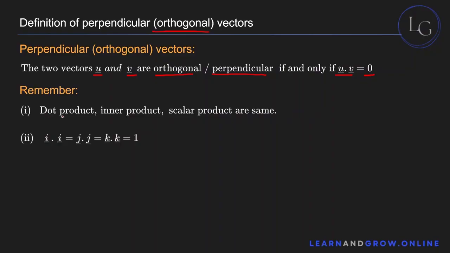Remember that the dot product, the inner product, and the scalar product all mean the same thing, by the way. They're the same, right? So i·i is equal to j·j is equal to k·k, which is equal to 1, which basically means anything on the x-axis being multiplied with anything on the x-axis again is basically in the same direction. So let's say this is the vector u,